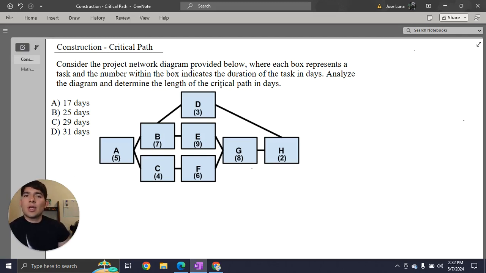Today we're going to be doing a construction engineering problem for your FE review. Make sure you give the problem a try on your own before you start the solution. In this case, we're given a project network diagram and we're asked to solve for the length of the critical